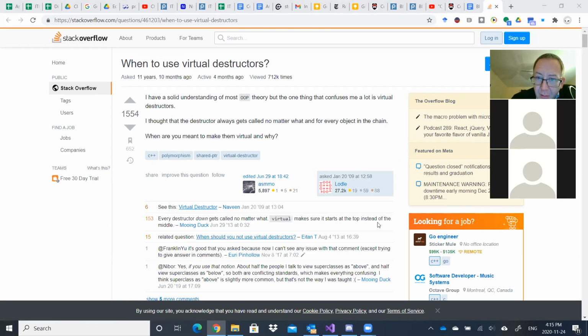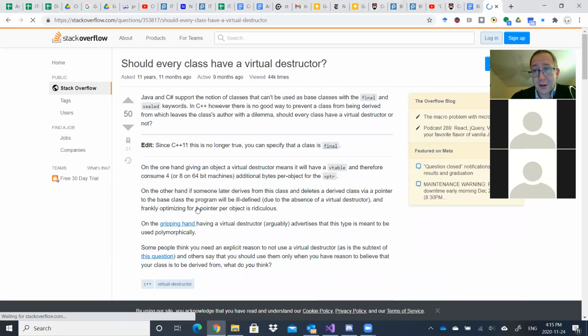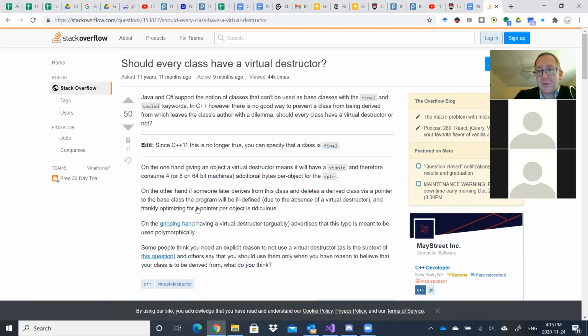Make sure it starts in the top instead of in the middle. I wasn't sure if it was kind of a style choice or not. I came across them one day. I was coming at it as a style choice, and I may have hit some weird bug when I go to do it. And it's been years since I was doing coding in a large game company or something like that. This is Java and C#,